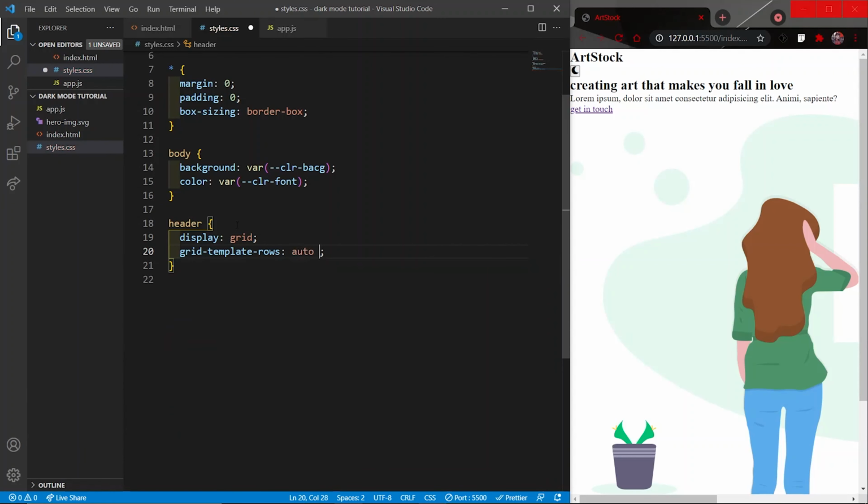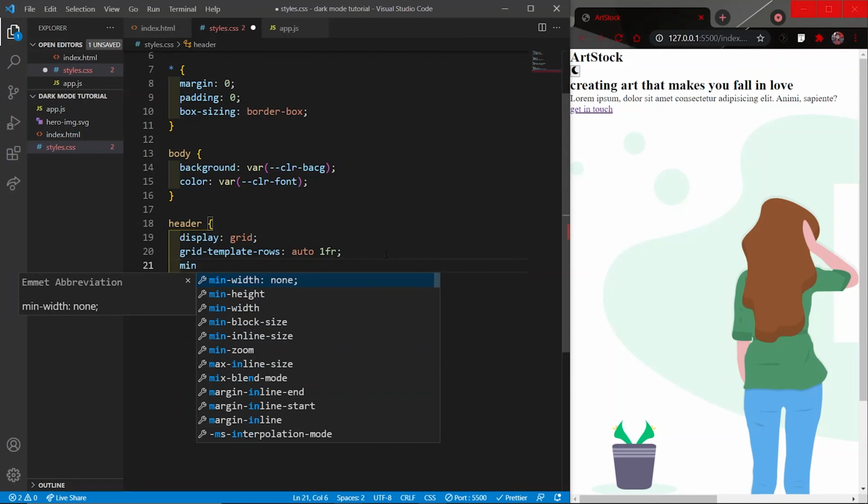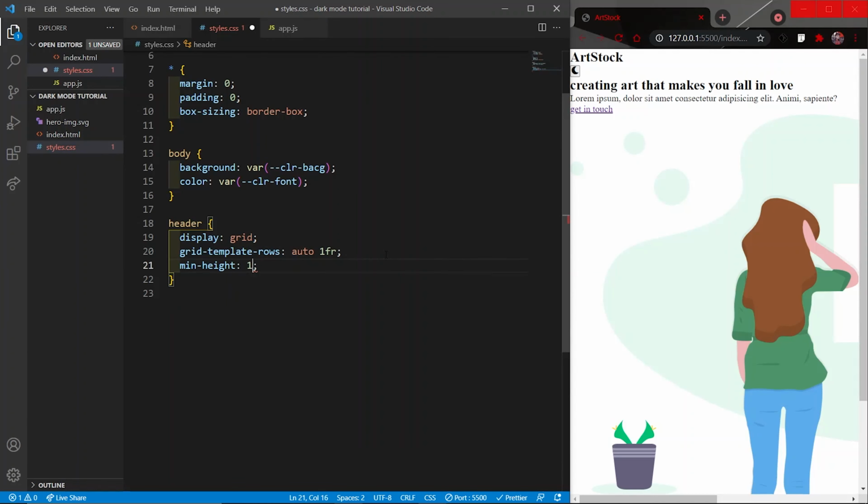The first one will have auto and the second one will have 1fr. So the nav will have a height of auto, that means whatever space it needs, and then the main will have all the space left in the page. And I will also give it a minimum height of 100vh, which is basically 100% of the user screen.